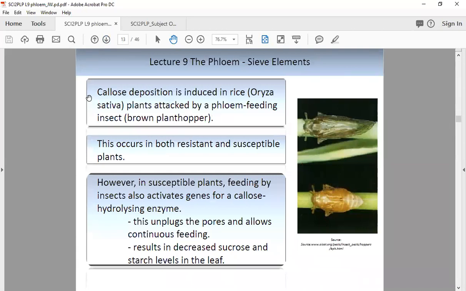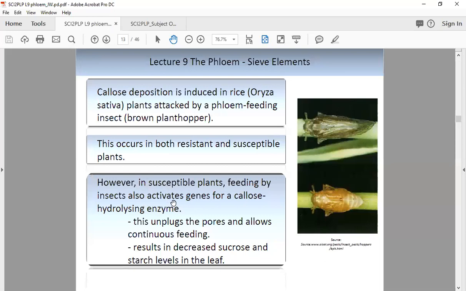All right, this is just an example of the plant's response to pest attack. This is showing callose deposition being induced in rice plants that are being attacked by plant hoppers, brown plant hoppers. And it's interesting that this response occurs in both resistant rice plants and susceptible rice plants. So where the difference lies is that in susceptible plants, the feeding by these insects also activates genes for a